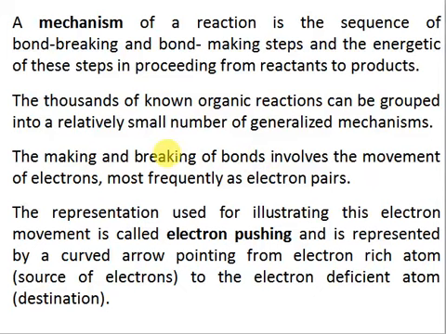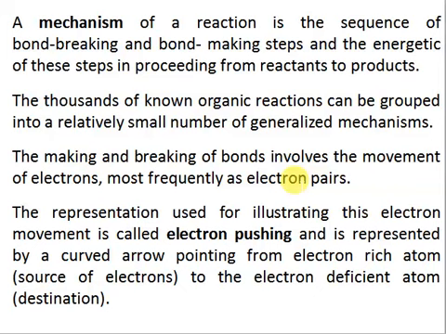So when we say the mechanism, mechanism is a sequence of making and breaking of bonds. It means the mechanism involves the movement of electrons. So we are seeing the sequence of the movement of electrons when we are considering the mechanism of the reaction. And most of the times when we are considering the movement of electrons, the electrons move in the form of electron pairs, right? Sometimes the electron moves as a single electron, but most of the times in mechanisms the electrons are involved as an electron pair,